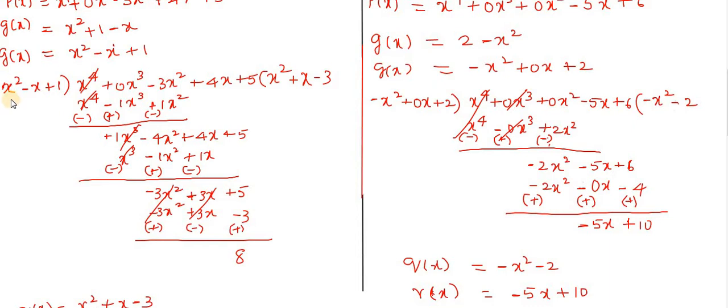Here x to the power of 4 is there, and in g of x, x square is the first term. We need to multiply by one term to make that x to the power of 4. What can we multiply? It is very simple, that is nothing but x square. If we multiply x square by x square, we get x to the power of 4. Yes, I wrote that here.